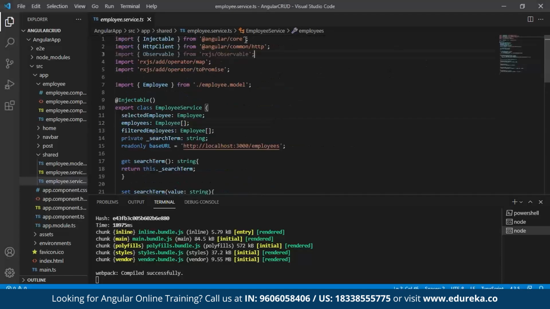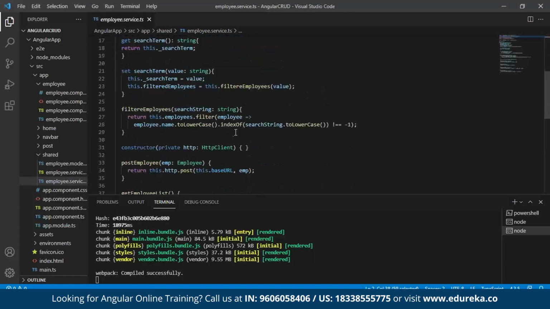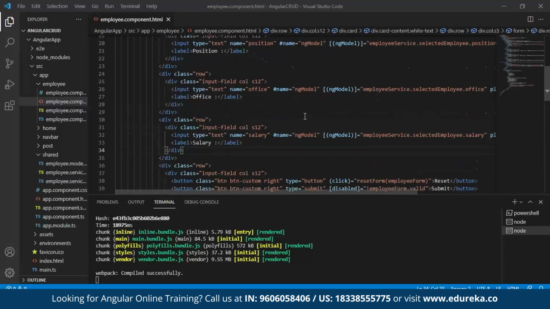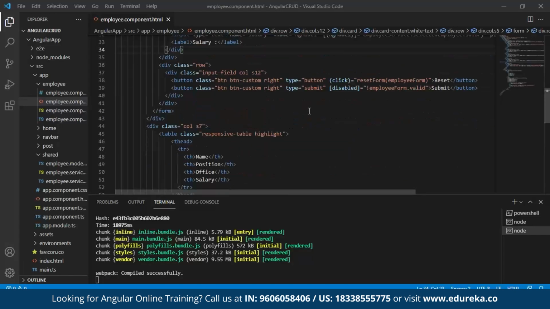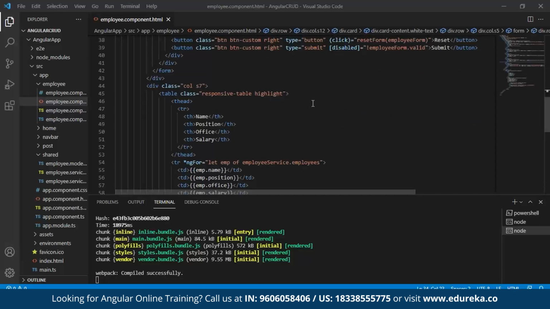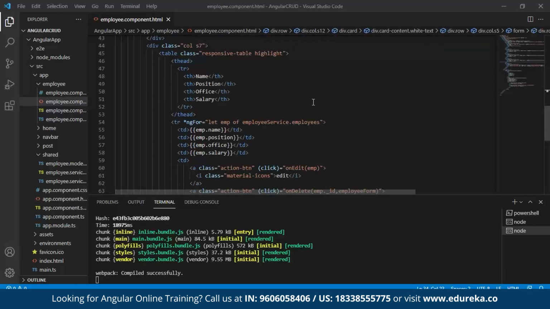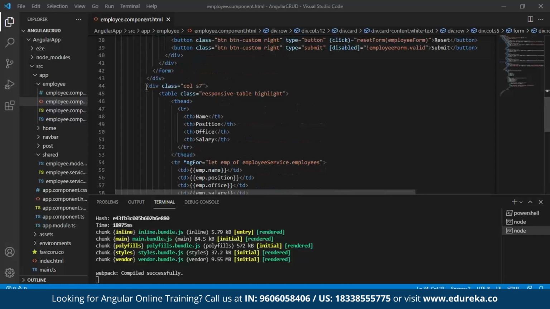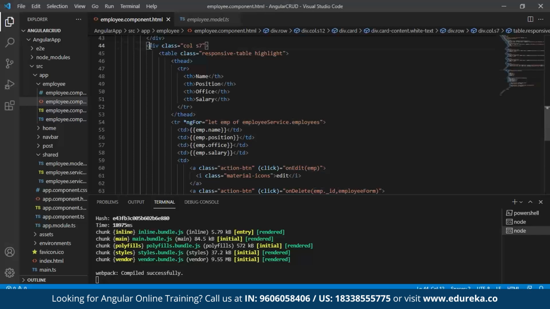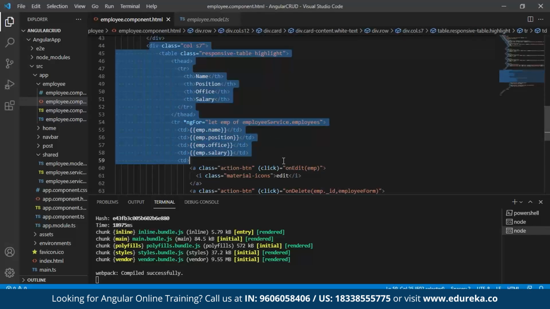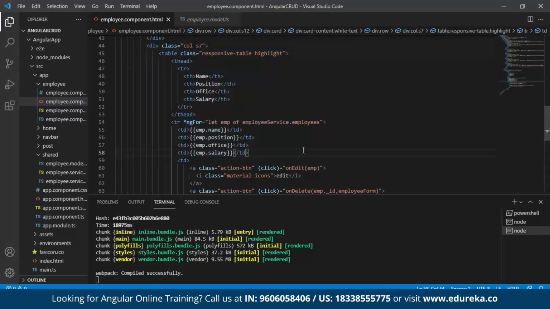Now, when you import this statement, do not forget to create a constructor in order to call and use HTTP clients. Now, going back to our HTML, now that we have created our forms and displaying our records, we have to make sure that our records are being displayed. As I've already told you about this, I have created a table structure here, and in order to display our records in a table format, we are creating this particular table, and hence we are calling particular records attributes